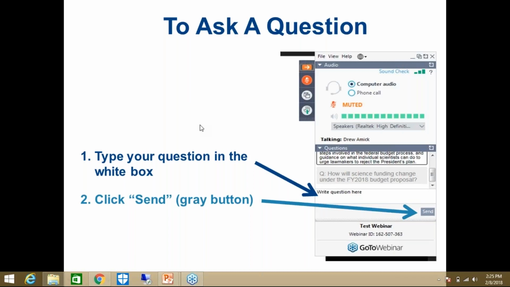Can nominators get some feedback about previous nominees who did not get the award, so that we know whether it is worthwhile to resubmit a nomination? That's a great question. Typically, we have not provided feedback on the nominees.